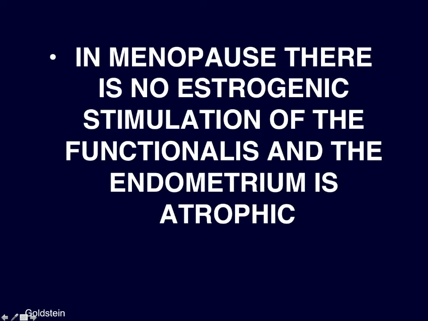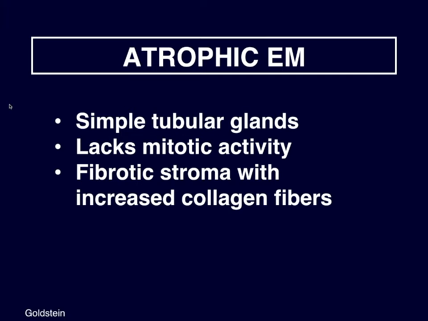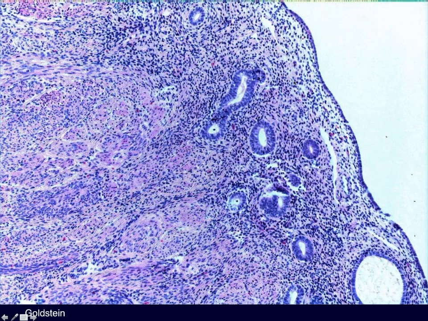So in menopause, there is no estrogenic stimulation of the functionalis, and the endometrium is in fact atrophic. Atrophic endometrium is characterized by simple tubular glands. They lack mitotic activity. The stroma becomes fibrotic, and there's increased collagen fibers. And so if we look at this menopausal patient,